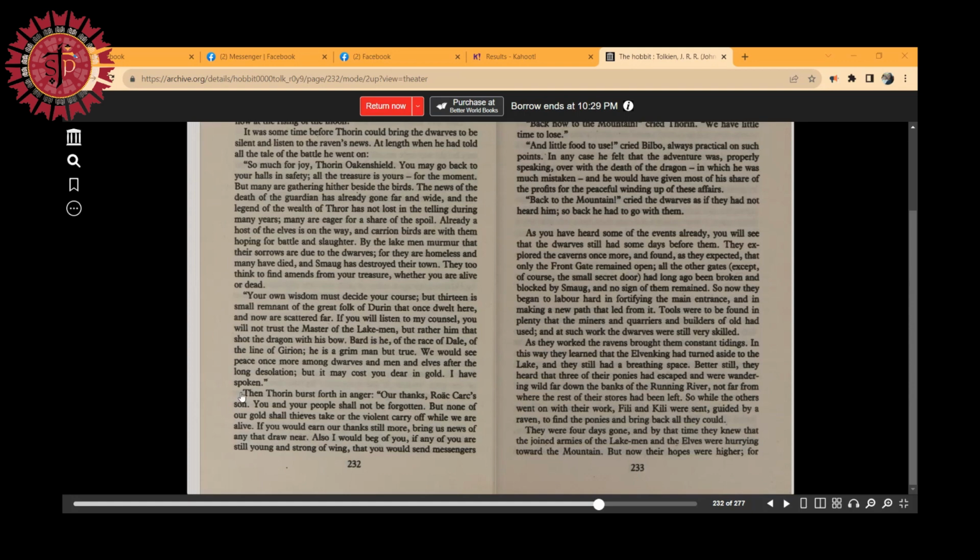Then Thorin bursts forth in anger. Our thanks, Carc's son. You and your people shall not be forgotten, but none of our gold shall thieves take or the violent carry off while we are alive. If you will earn our thanks still more, bring us news of any that draw near. Also, I will beg of you, if any of you are still young and strong of wing, that you will send messengers